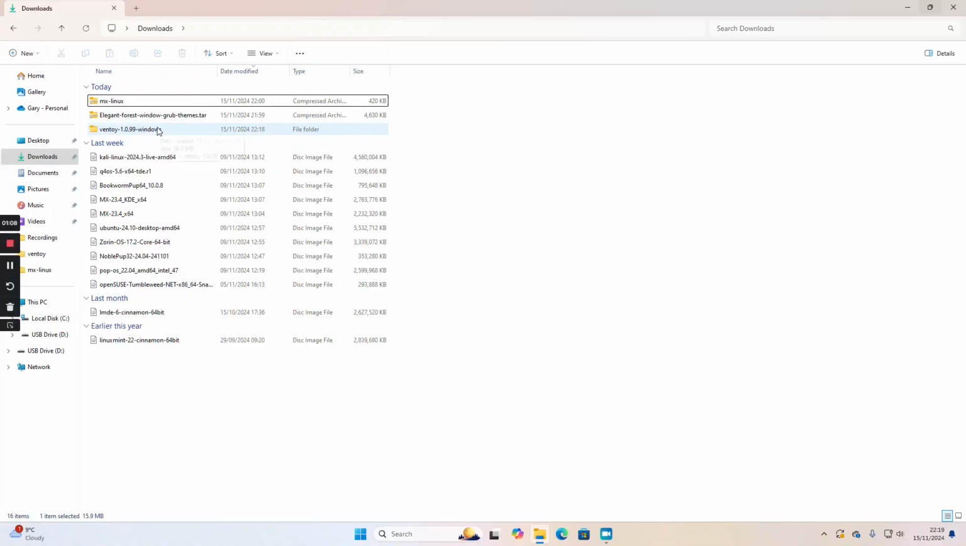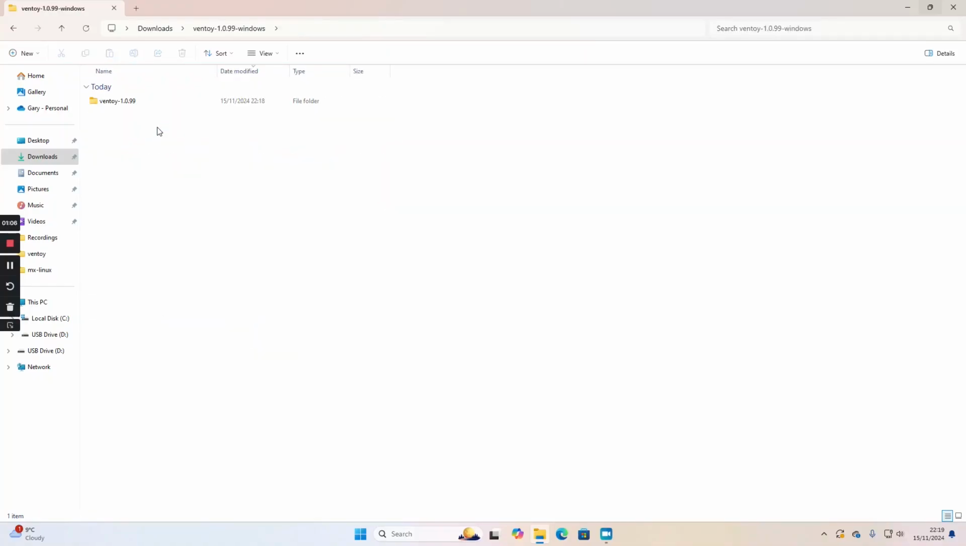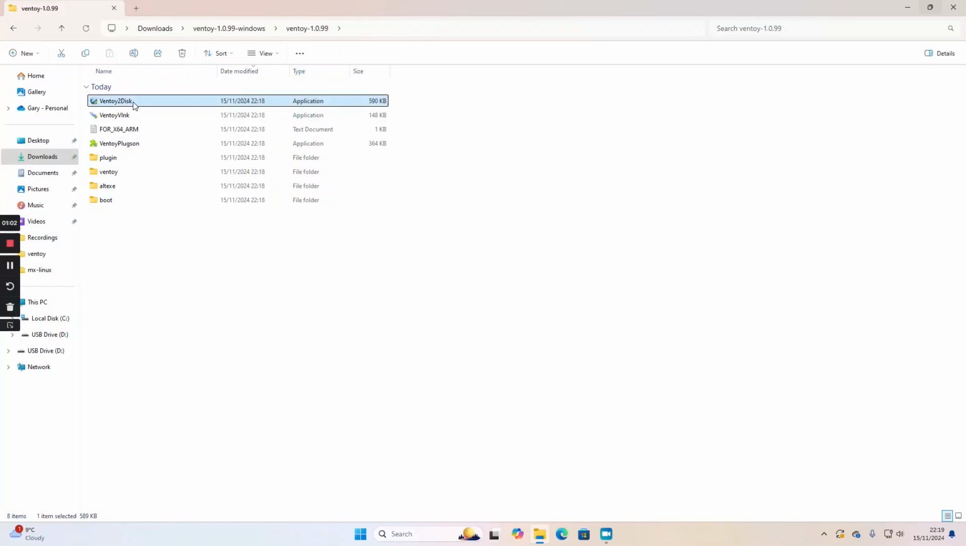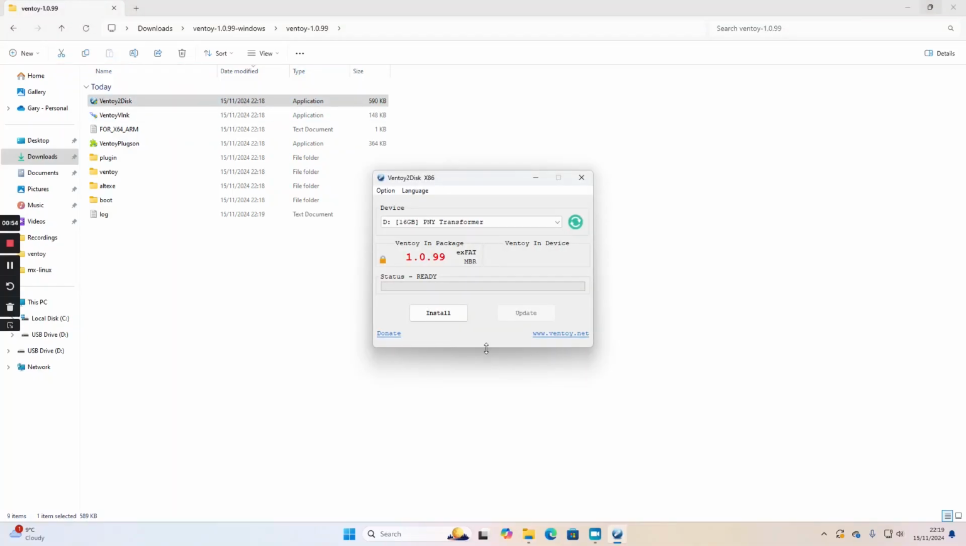If you go into this Ventoy folder here, you can then go into this folder and click the Ventoy to disk. If a warning appears from Windows, click the yes button and you'll see that my USB drive has already been selected. Make sure that it's the correct USB drive for you,